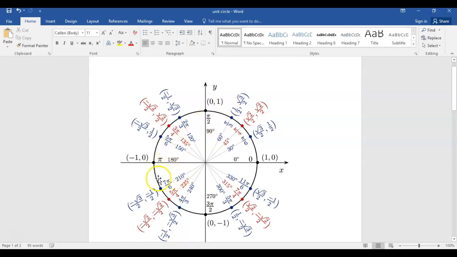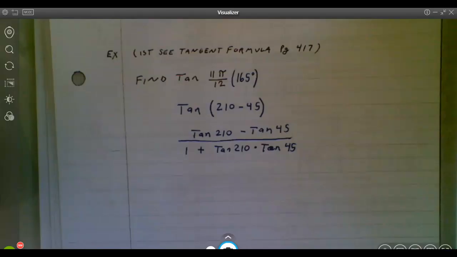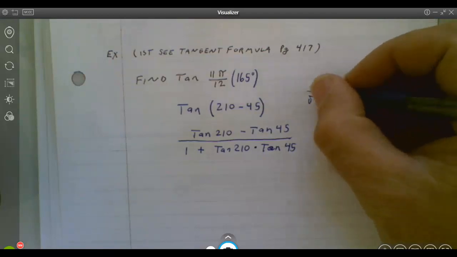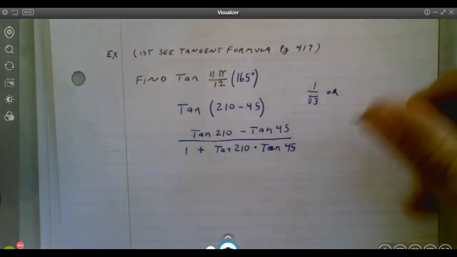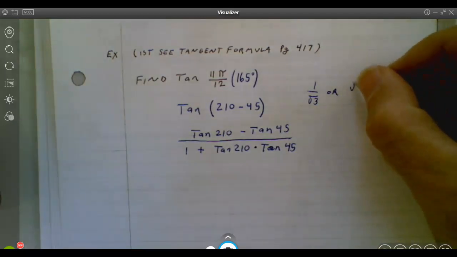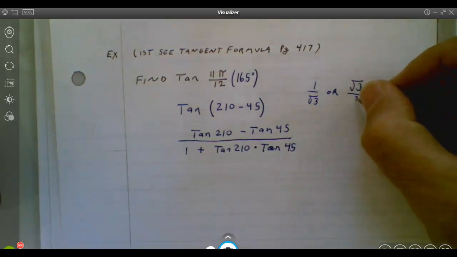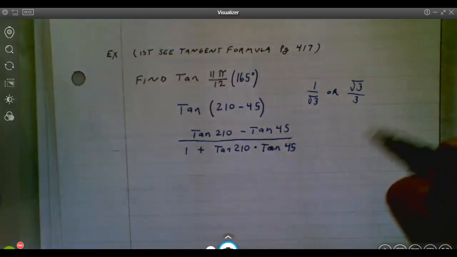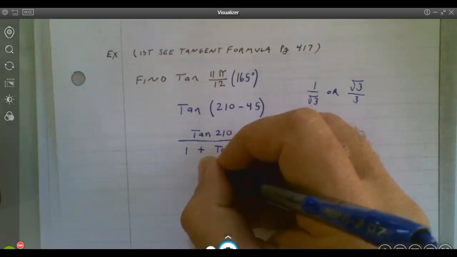So here's our 210. So remember, tangent does y over x. And so if I did negative 1/2 divided by negative rad 3 over 2, well, in that process, the 2's would cancel, and I'm going to end up with 1 over rad 3. So I could write it this way, or, remember, if you rationalize the denominator, that could also be written as rad 3 over 3. And so typically that's the more appropriate way of writing it. So I'm going to put that in for now. So I'm going to say rad 3 over 3